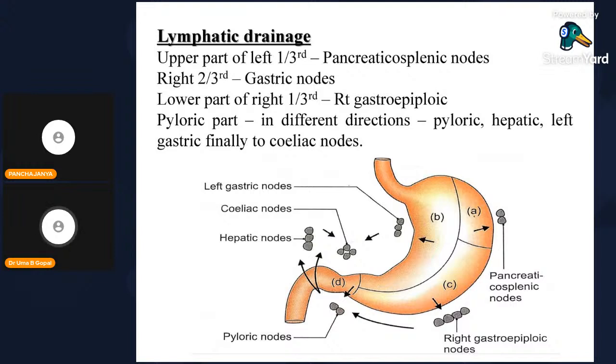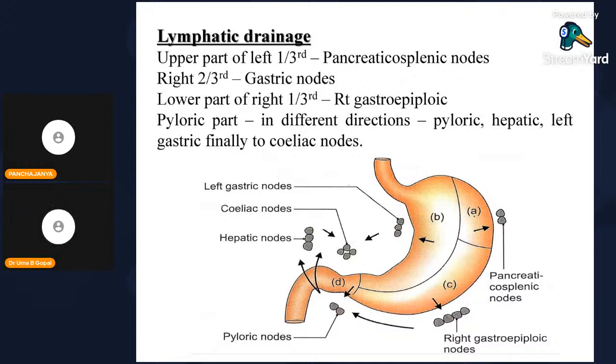Next, lymphatic drainage. The upper left 1/3 of the stomach drains to the pancreatosplenic lymph nodes. You see here, upper part, left side 1/3, pancreatosplenic. The right 2/3 part drains to the gastric nodes. Then the right 1/3 part drains to the right gastroepiploic nodes, and the pyloric part in a different direction, pyloric, hepatic, left gastric, finally